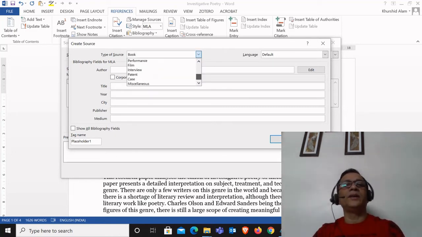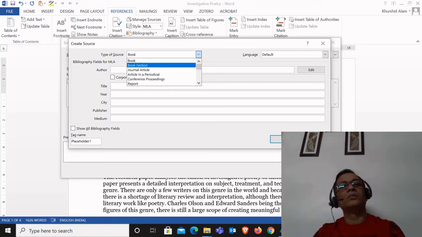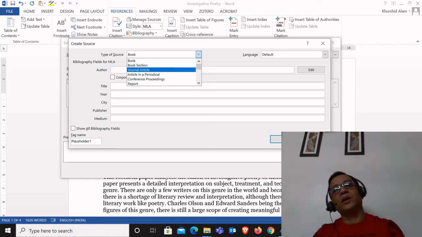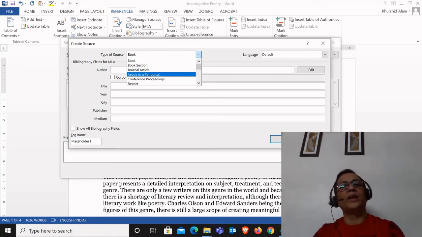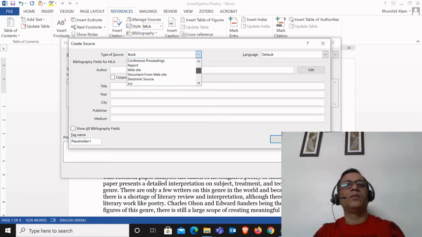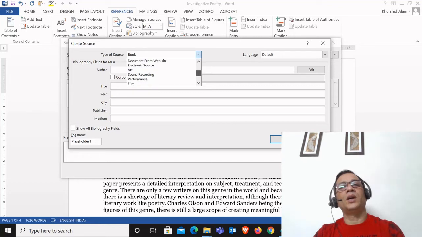Here you will find a list of all the sources that you are creating citation for, like book, book section, journal article, article in a periodical, conference, report, website, document from website, electronic source, art, sound recording, performance, film, interview, and others.